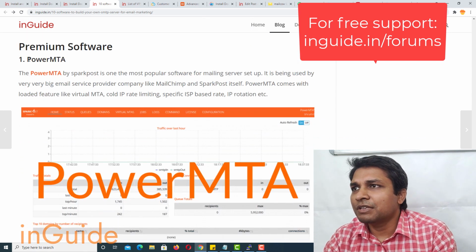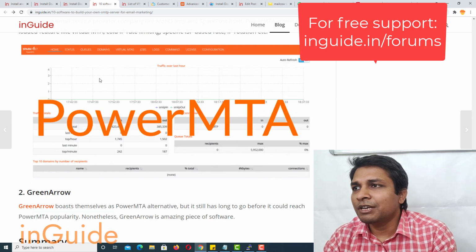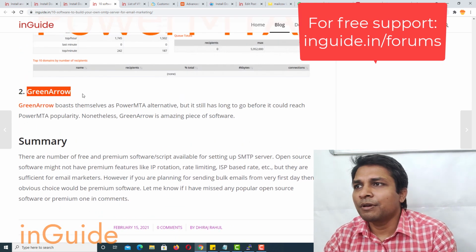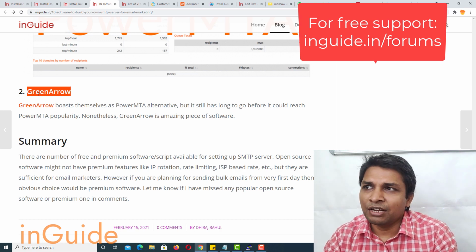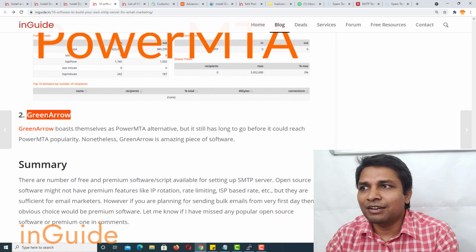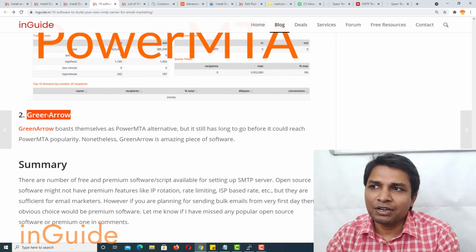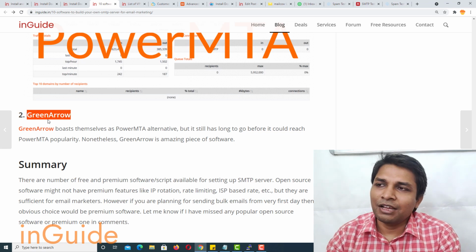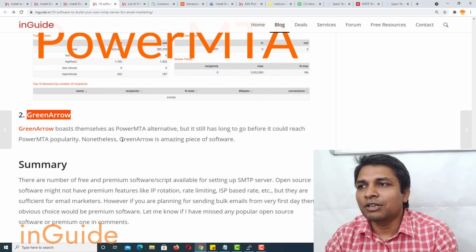I have already discussed PowerMTA, which is premium software, and then GreenArrow. I don't have access to GreenArrow, so I can't discuss it. It is premium software, and I think they provide a trial. If I am able to get a trial, I'll demonstrate that as well.